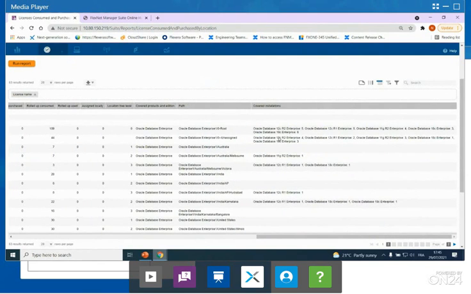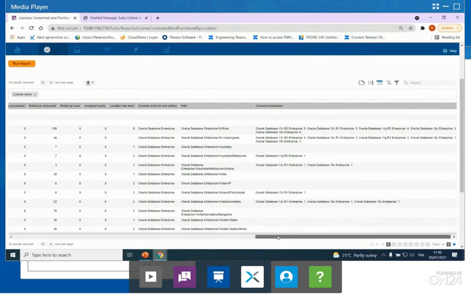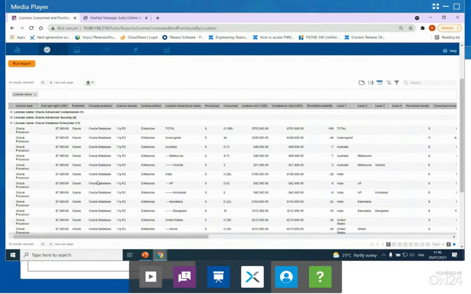If you know that France is consuming 100 Oracle Database Enterprise licenses, what are the installations and what is the split of these installations which are explaining my consumption on a license which is covering version 19C down to eventually very old versions. So here you get the details of the details,